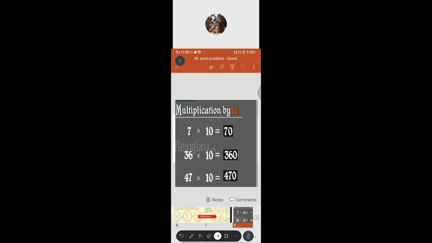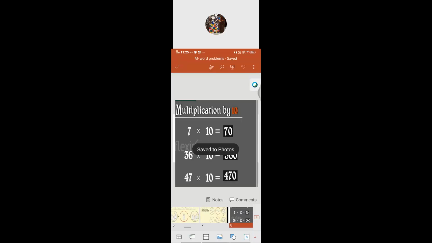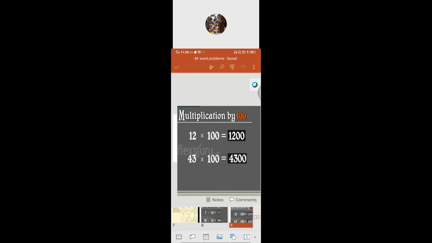Then go for the 100 series now. By the same logic, you have to follow that. Similarly, again we have to multiply. What is the first step? Multiply with basic factors. 12 ones are 12. So how many zeros are there? 2 zeros. So the second step, you add the 2 zeros as it is to the product.